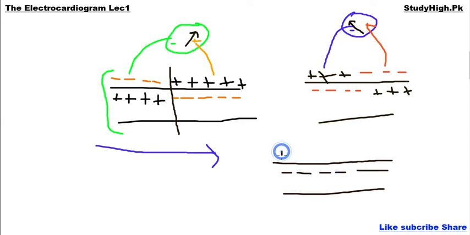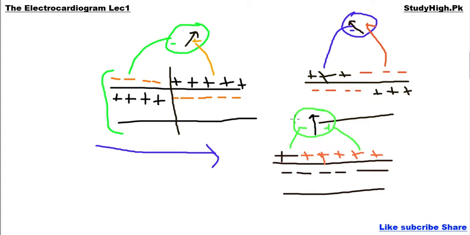When you connect this cell membrane with a voltage meter, what will happen? We will receive no deflection of the voltage meter, because negative is also connected with positive and positive is also connected with positive, and both are connected with equal potential. In this case, there will be no deflection of the electrode, or simply the voltage meter.